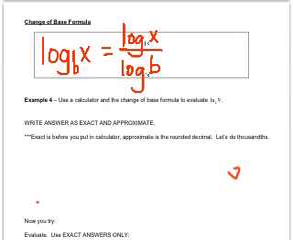Oh, how do I remember this? B is for base. Base goes on bottom. Okay? So just base goes on bottom. All right. Example 4 says,